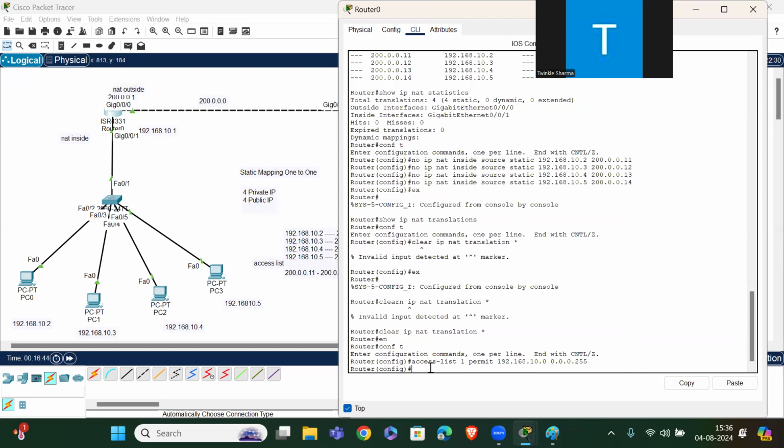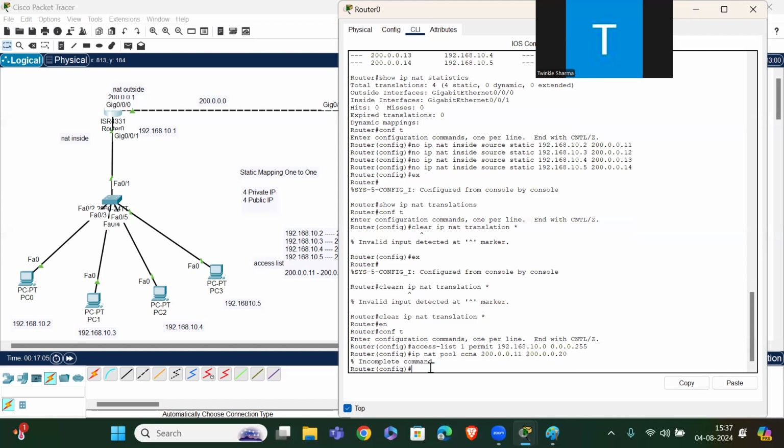Then we will take ip nat pool. Pool means group. Name pool, I'm taking CCNA, 200.0.0.11 to 200.0.0.20. Right.